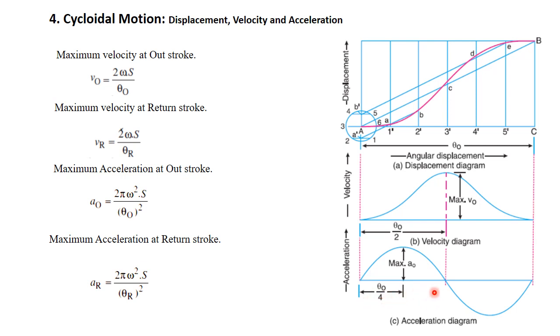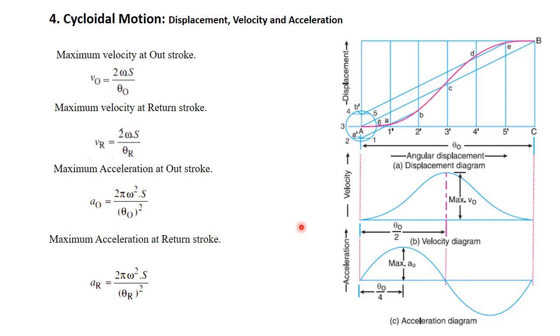Therefore we can say this is theta naught by 4, this is theta naught by 4. The positions are 1 theta naught by 4, 2 theta naught by 4, then 3 theta naught by 4, and then 4 theta naught by 4. So this value becomes theta naught. So we find here the maximum value at this position of retardation, but it's not a straight line like in the previous case. It gradually, smoothly increases and smoothly decreases and reaches 0 at 3 positions of the stroke.